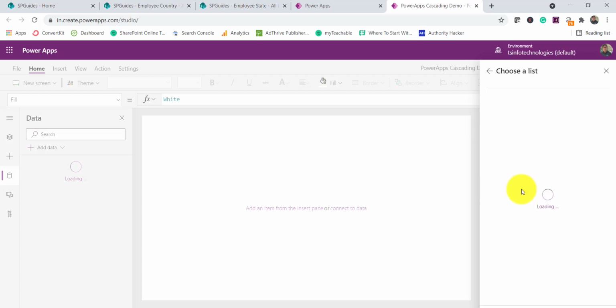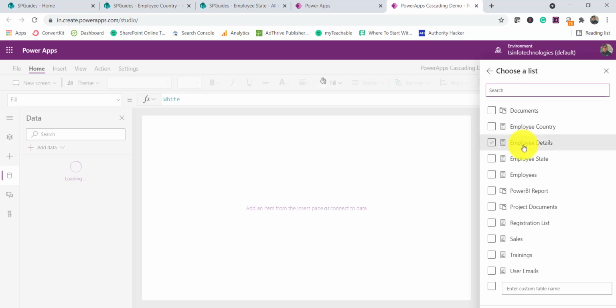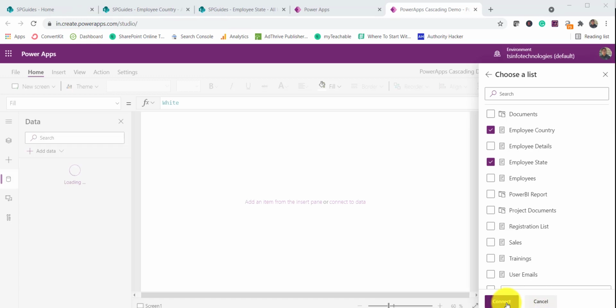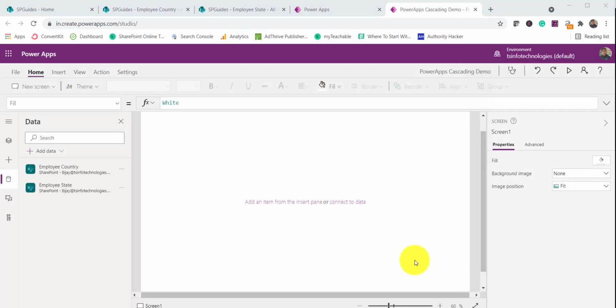You can see here SP guides. I select this, and we require information from both the lists, country and state. I select both the lists, and then click on connect down here. Once you click on connect, both the data sources have been connected now, so we can get access from both the lists.